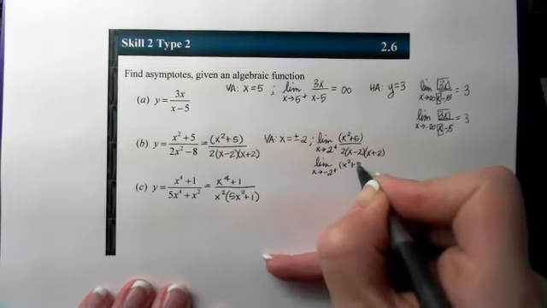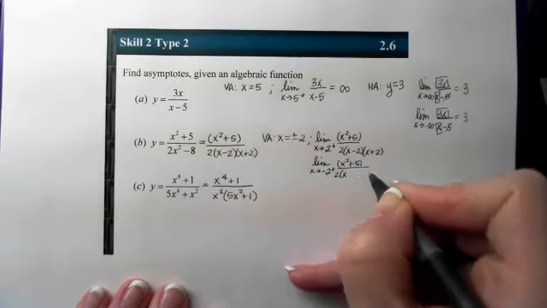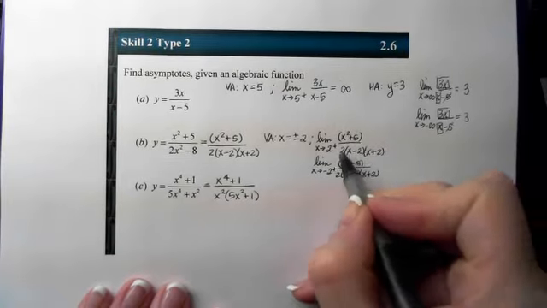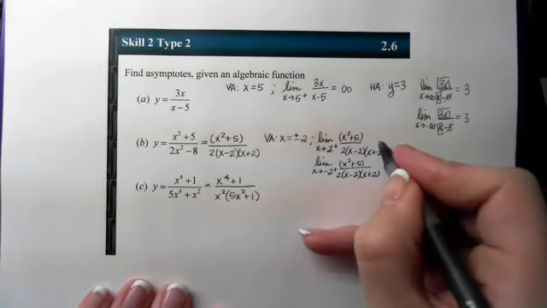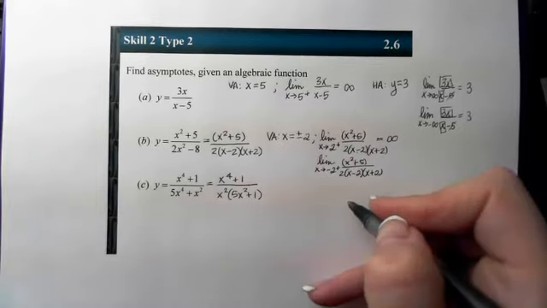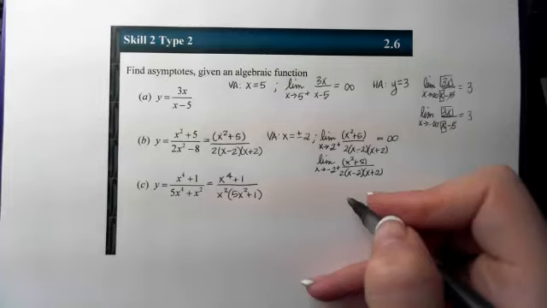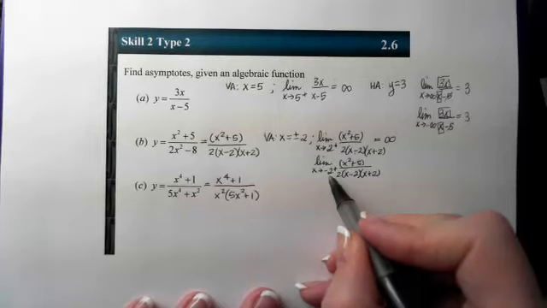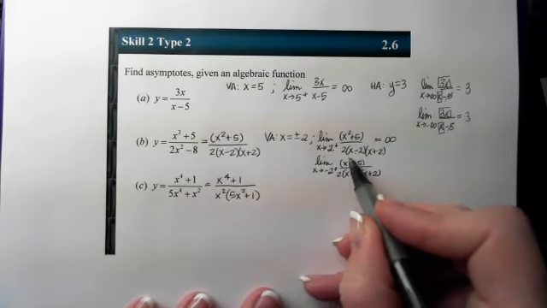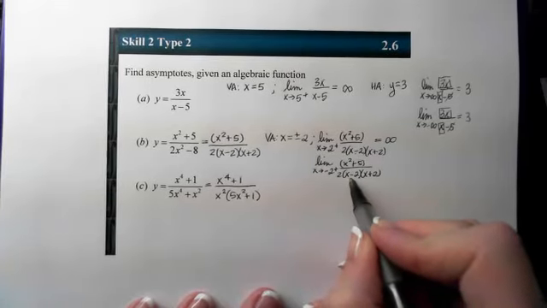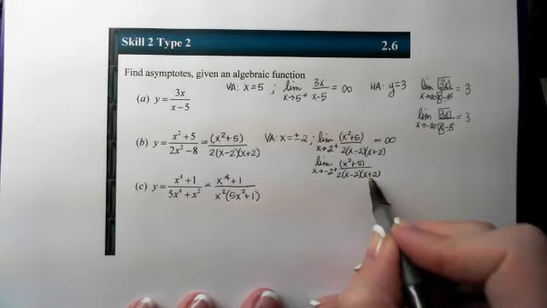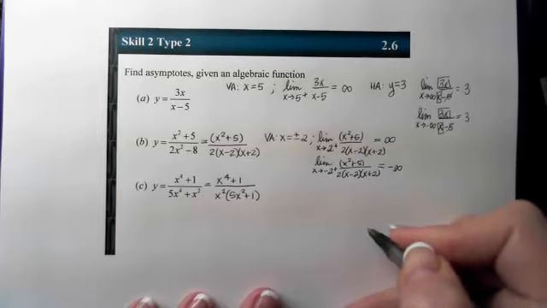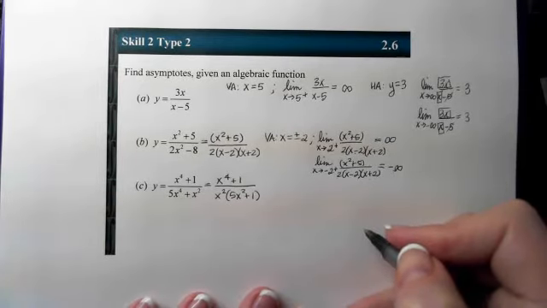So if I look at my top one and I plug in a number that's a little bit larger than positive 2, then the sign of my top will be positive, this will be positive, this will be positive, and this will be positive. So all three are positive. I end up heading up to positive infinity. If I look at this one approaching negative 2 from the right-hand side, that's a number a little bit larger than negative 2, then the top will still be positive, this will be positive, the x minus 2 will become negative, and this one will also be positive. So we'll end up with one negative sign, which will generate negative infinity as a, not really an output, but